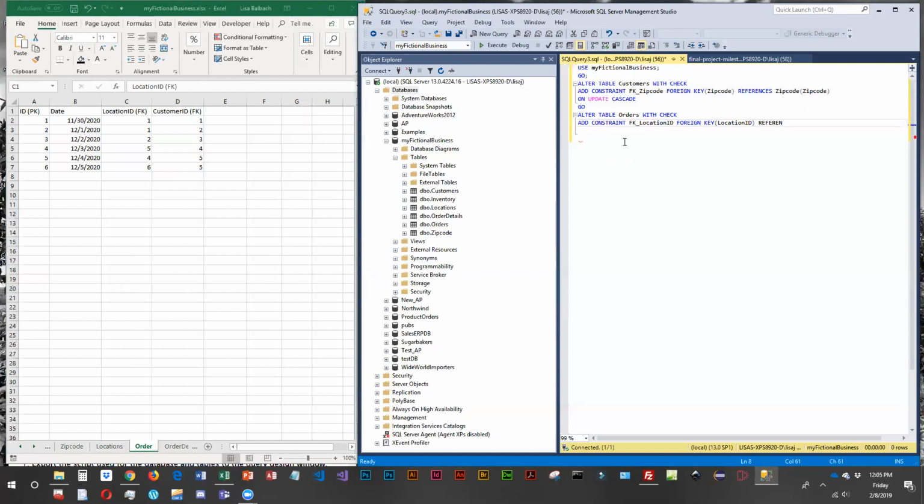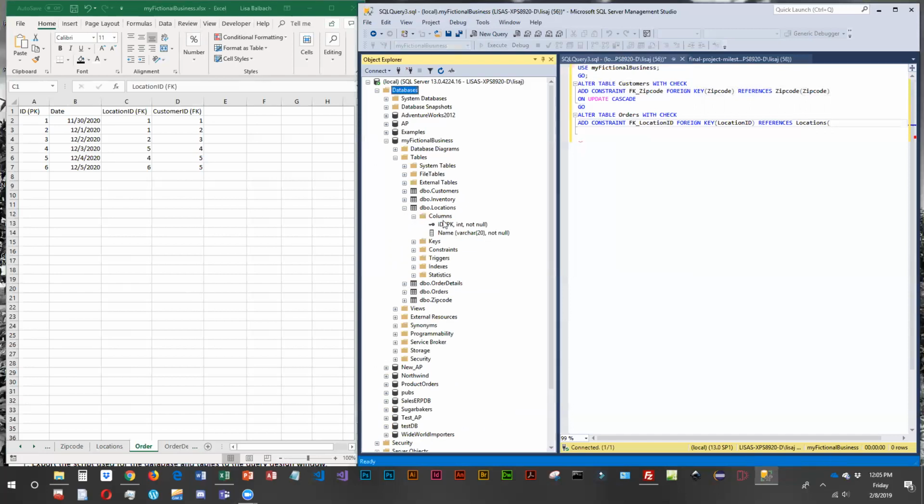And that is going to reference the location table. So I called location table locations. And the column I'm going to be using to connect is ID. And I do want on update cascade. Okay, so I've got one of them. Now I need to do the second one. So I'm just going to copy this